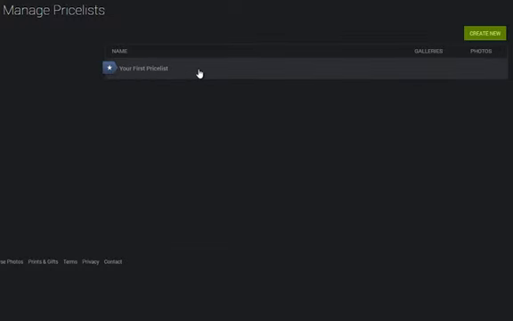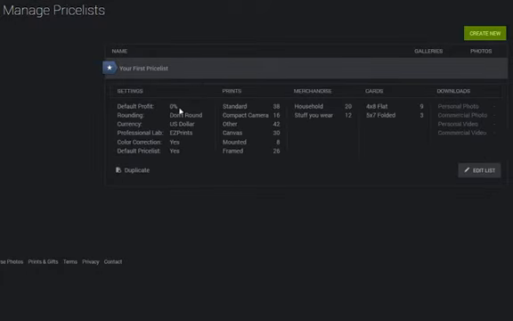So one of the first things that we need to do when you're looking at images for sale is to get in here and change this, your first price list. Why? Because as you can see here, by default it is 0% profit, which means you're not going to earn any money from your clients at all, and the clients are going to be able to buy them without any increase in price or any profit coming to you. So if nothing else, just go into edit list